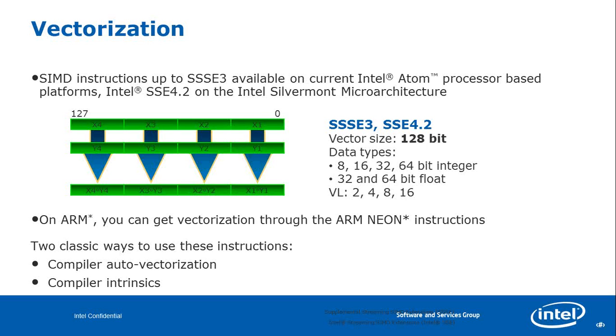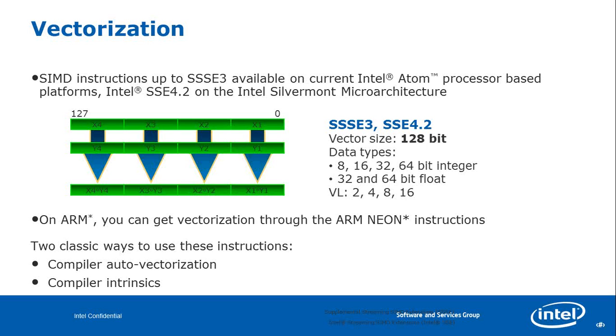The SIMD instructions which are available for x86 give you a lot of performance improvement in terms of mathematical operations. For example, as I mentioned in the Fibonacci series, you have recursive functions happening where you have cumulative additions and cumulative multiplications happening. These kind of mathematical functions can be very well optimized using vectorization. SSE 4.2 is available for the Intel Silvermont microarchitecture, where you can perform an operation of 16 bytes at a time.